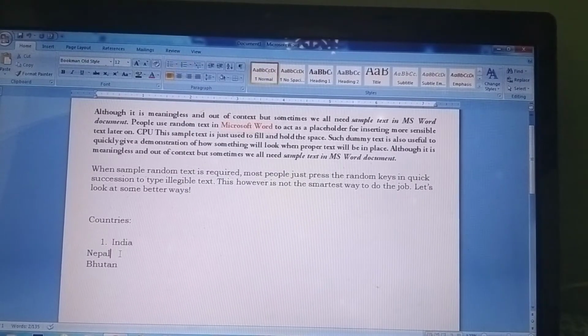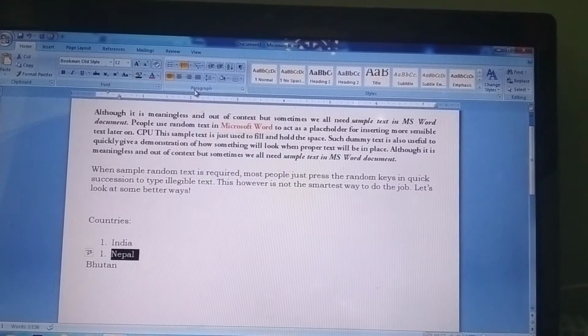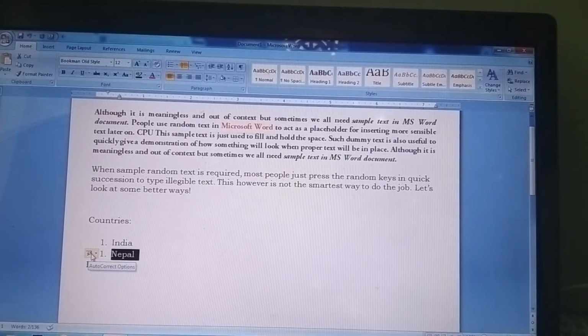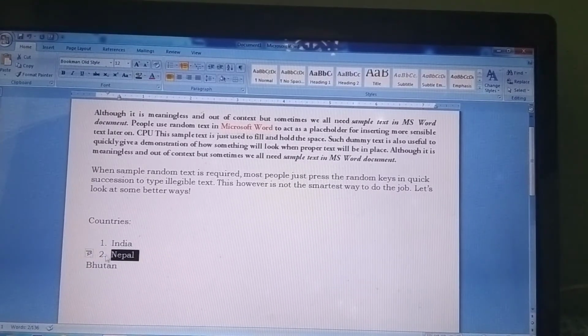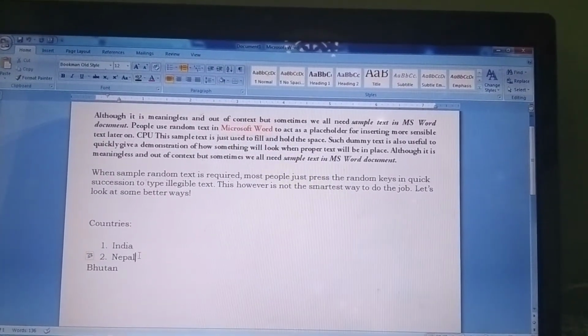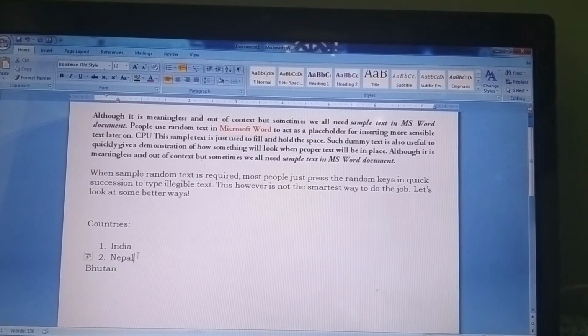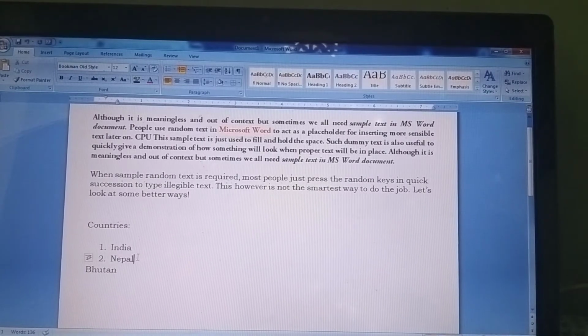When I select the numbering option, it automatically appears. For the second paragraph I again select the numbering, and see, it is again appearing as first. You can see the AutoCorrect option over here; from this you can click the continue option and it will continue. Otherwise, you can take your mouse cursor to the end of the second one and press the Enter key.